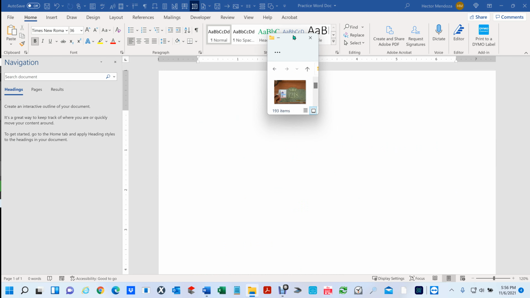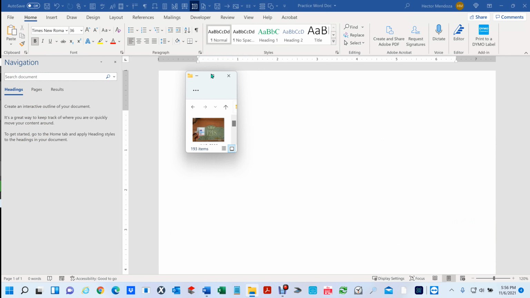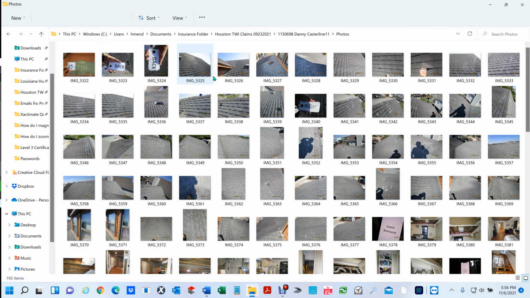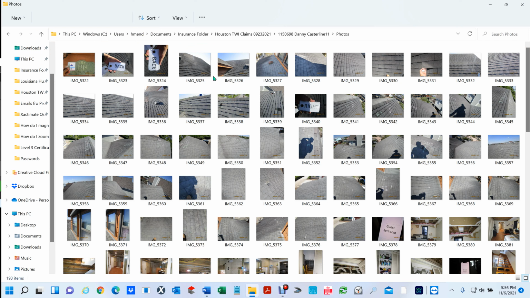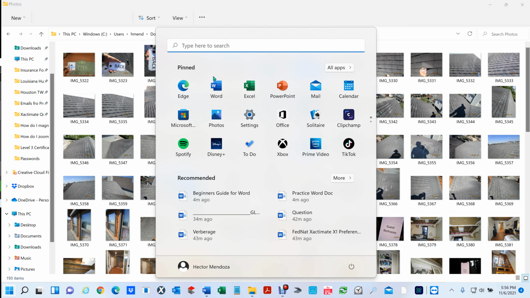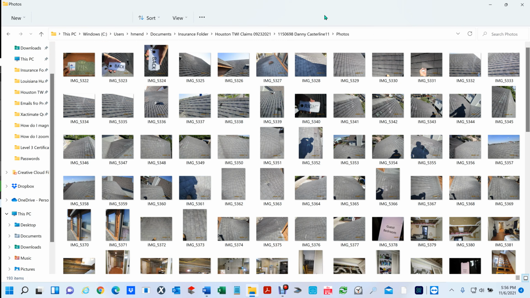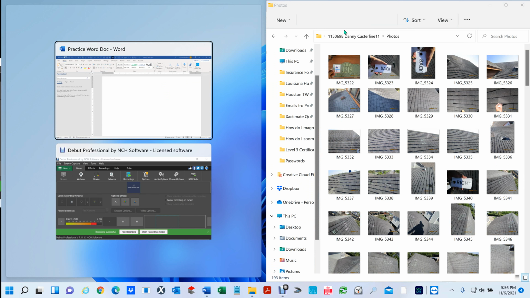Now, I got this on a different monitor, so I'm grabbing here. I'll tell you what, let me go ahead and show you some cool stuff too. So this is a folder. If I want to bring this folder to the right hand side, I hit the window key, it's not window command, it's just your window key, and you hit right, it flushes this document to